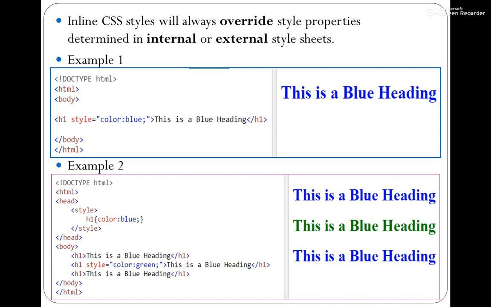H1, this is a blue heading, will again take the styling which is mentioned in the style tag, that is the internal styling. So this is how the overriding property works. Inline CSS is given more importance if the same styling is also given for that same tag. Understood? I have another example for this, so that I hope you will understand it in a better way.